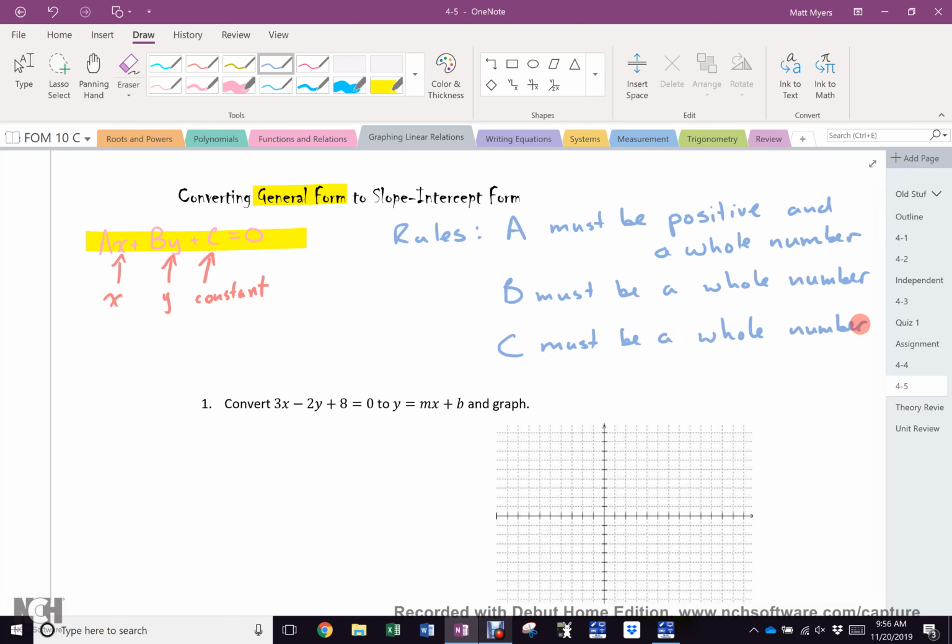All right? Now, there's a problem with this if you don't pay attention to me. Because in slope-intercept form, which is what? Y equals mx plus b. You see that x is multiplied by a number, isn't it? That number is the slope, right? Because y is isolated. Agreed? In general form,